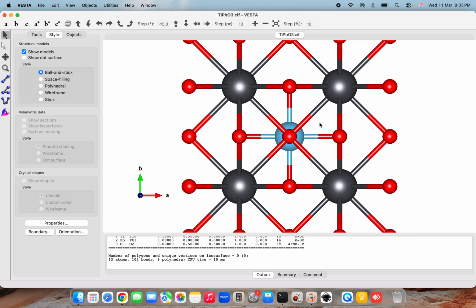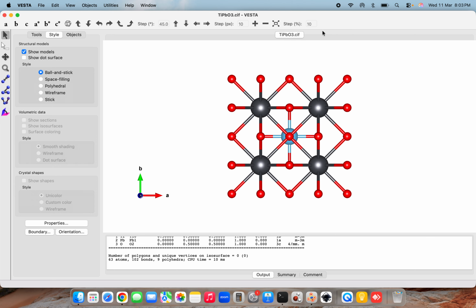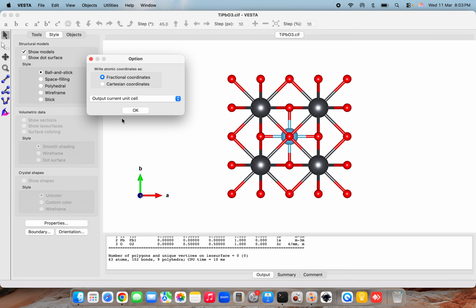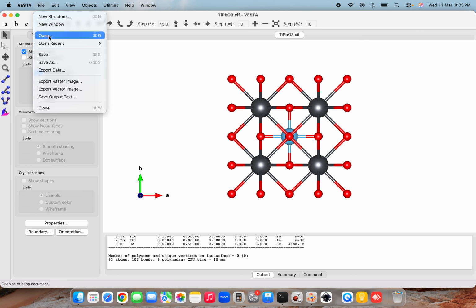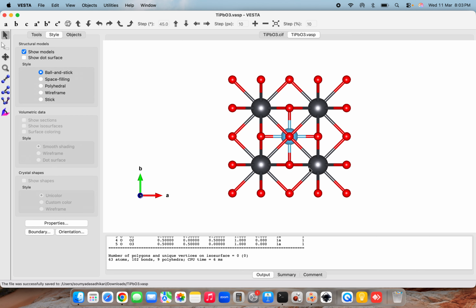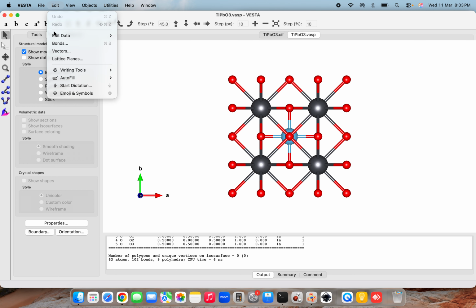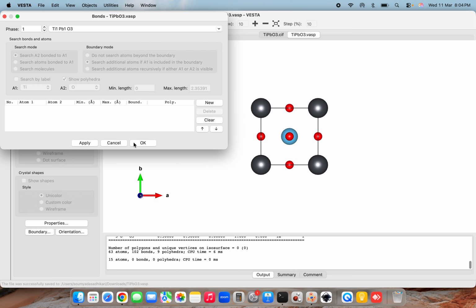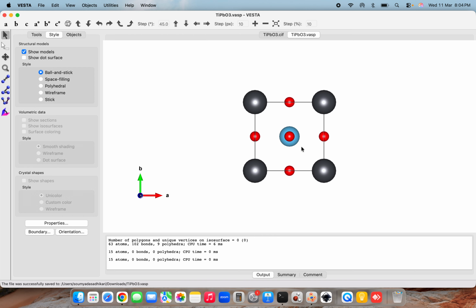So here we have opened our VESTA software, and this is the file, that is this PbTiO₃, and this is a CIF file. But before going ahead with any kind of structural changes, I would like to save this file in our VESTA format. So let's save this. Okay, and here we would like to open the file that we have saved now. Now this is our unit cell, and before going ahead, let me delete these bonds which are unnecessary for this case. Apply. Okay, so now you can see that this is the simple cubic unit cell for this PbTiO₃,